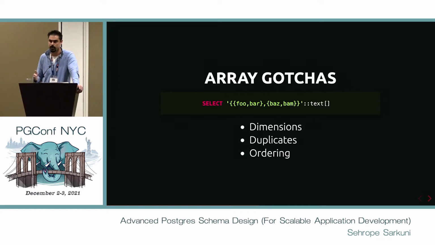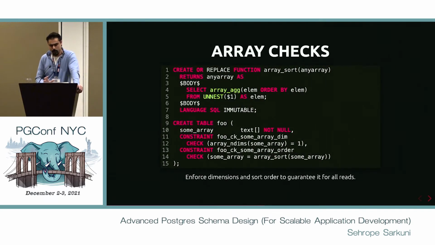There aren't different types depending on the dimensions of the array. There's just one type, and it's up to you to know what you're doing with it. And then there are other issues with duplicates and ordering, because by definition arrays have neither. Now, if you are going to use arrays for something like this, it's a good idea to know exactly what you're putting in there. If you have an array of stuff, more than likely your array has a fixed